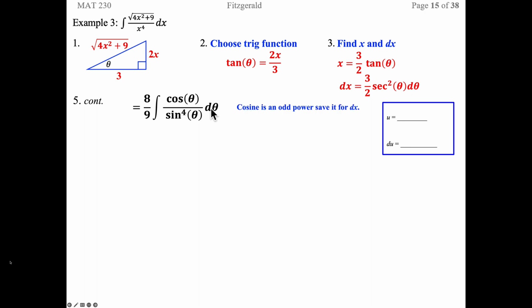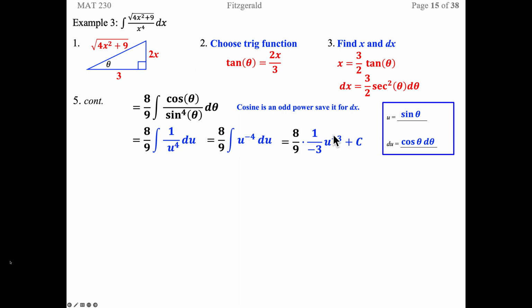Move that with your d theta. And then sine theta will be your u. The derivative of sine theta is cosine theta. So this becomes 1 over u to the 4th. Just move the cosine theta d theta together. Leave a 1 up there. Now that's going to be u to the negative 4th power. Add a 1 makes it u to the negative 3rd. Divide by negative 3. Multiply it as a fraction. And that's going to give me